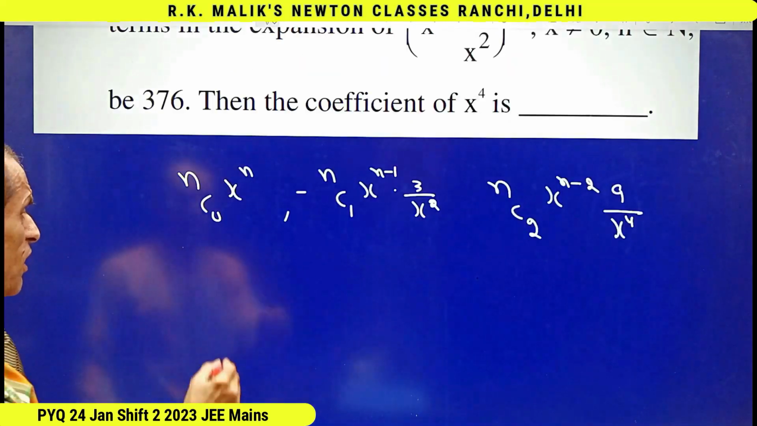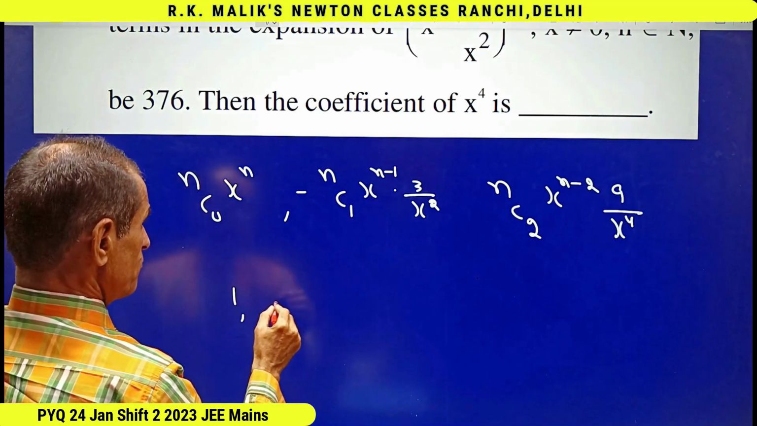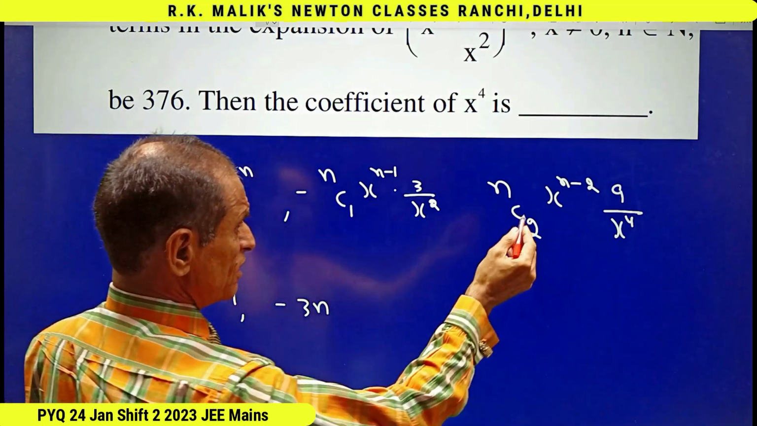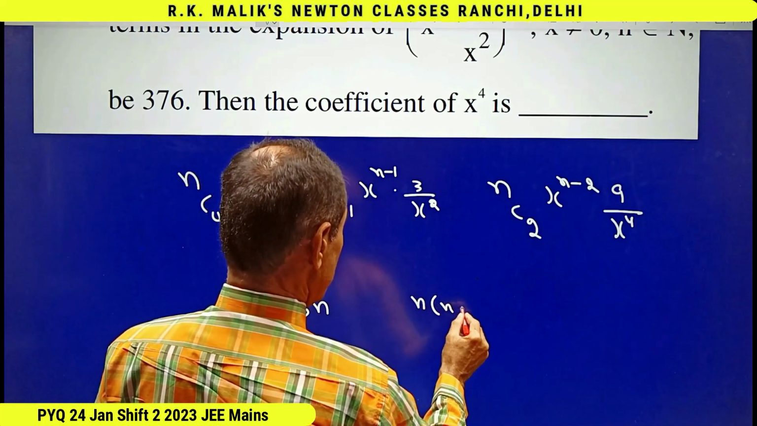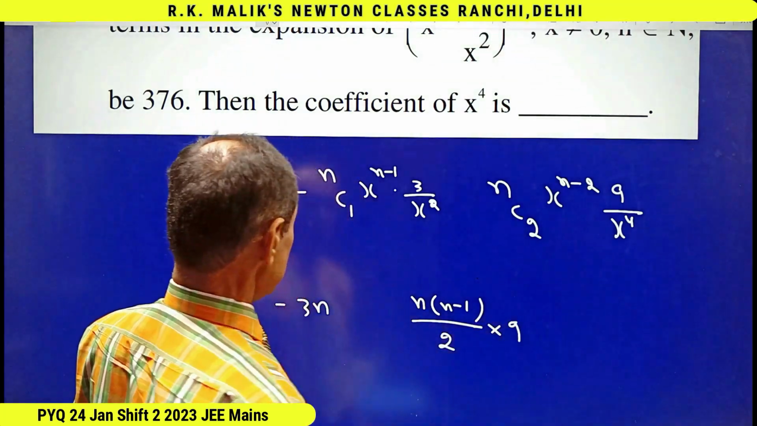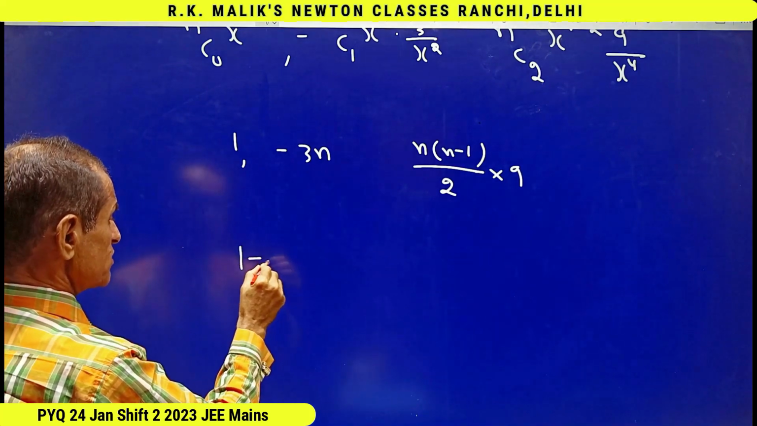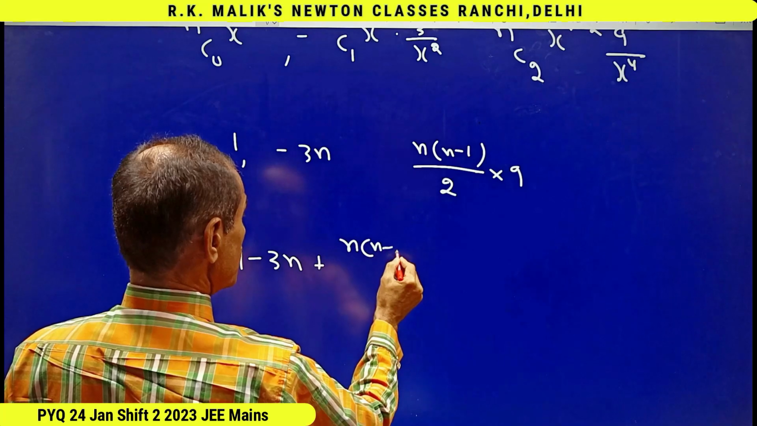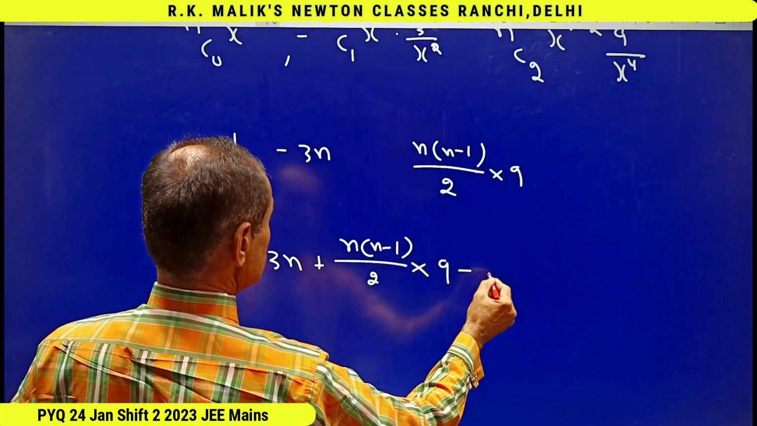Clearly the coefficients are nC0, that is 1, and here minus 3n, and here n into n minus 1 by 2 into 9. You can see very easily the sum is 1 minus 3n plus n into n minus 1 by 2 into 9 is equal to